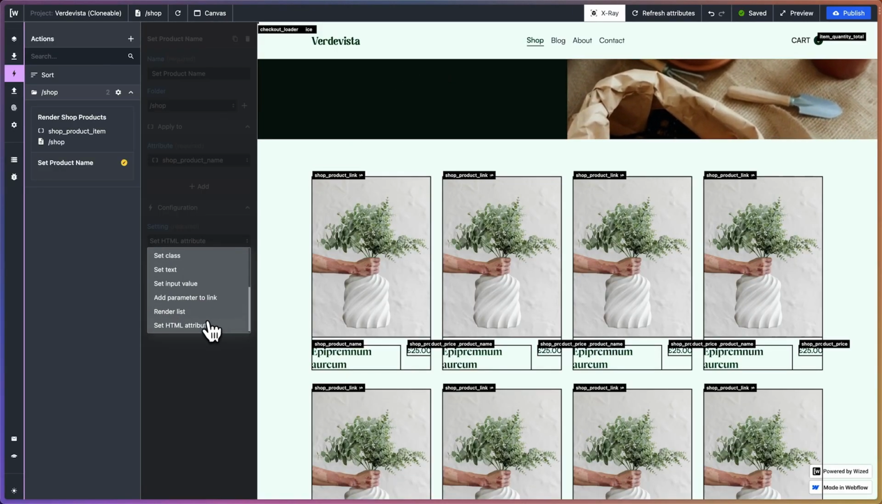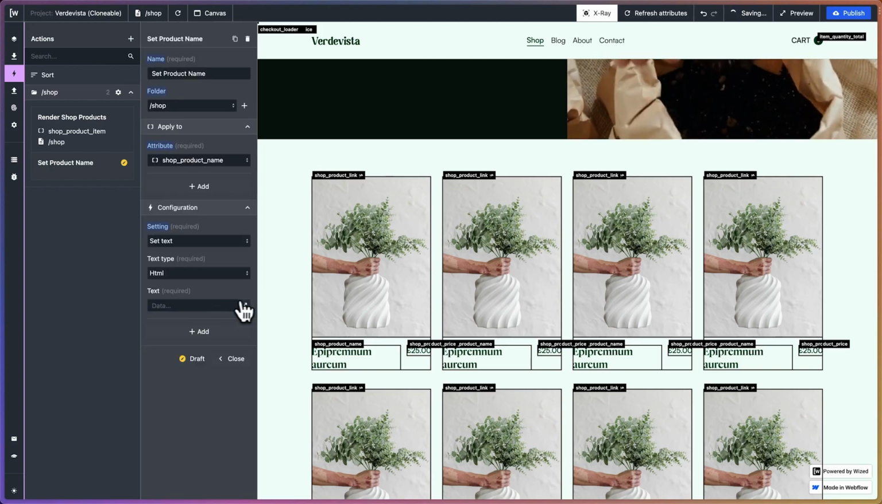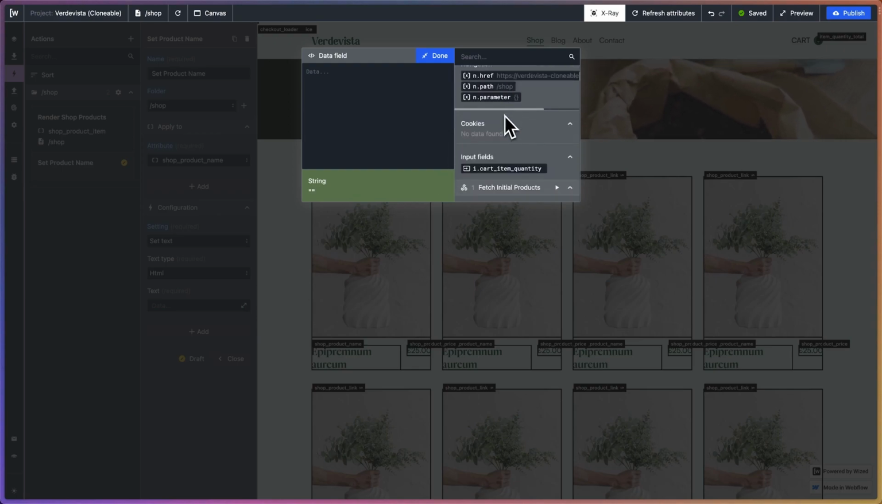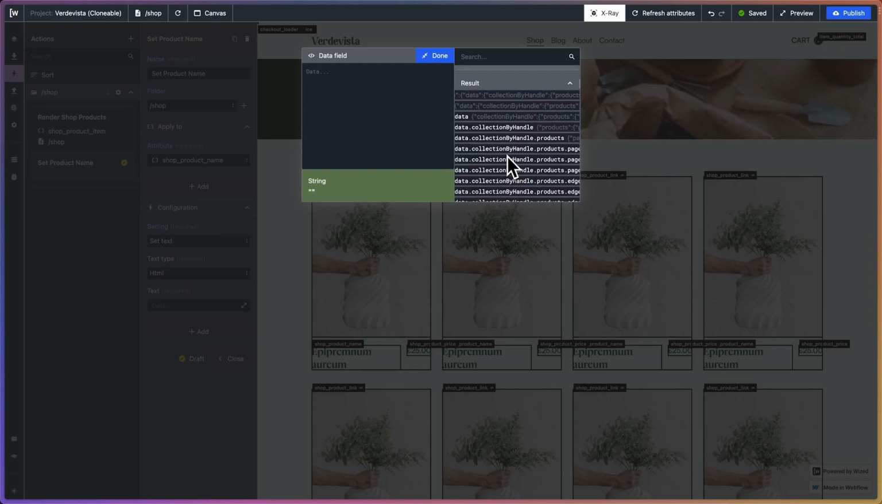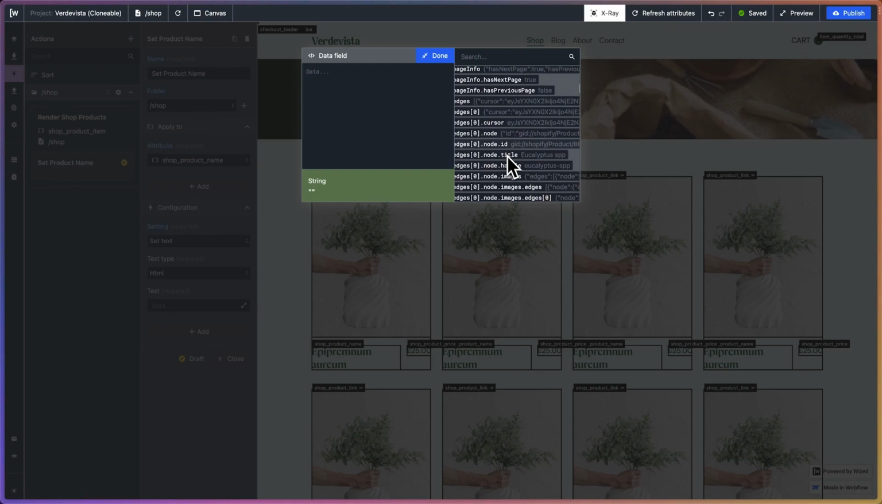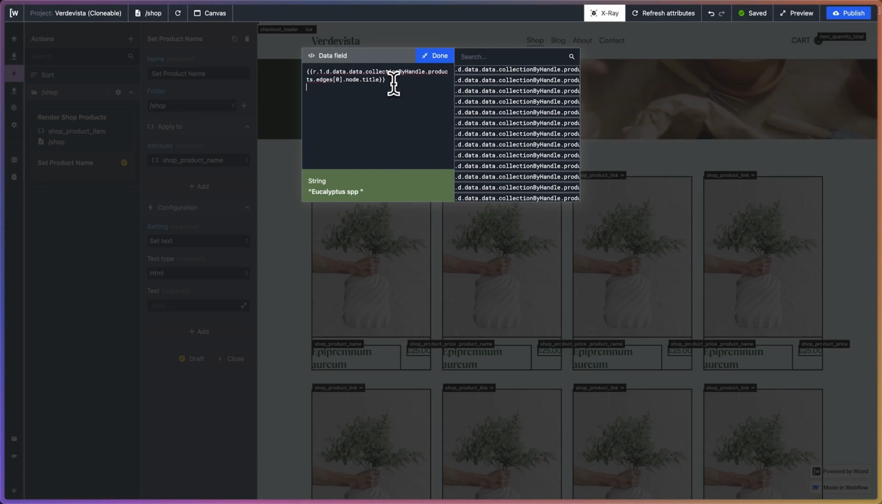Wait, am I selecting? Oh, right. Sorry, it's set text. That's why HTML. And then we select our text. So let's look at the data path here from our request. So we are targeting this right here, this data path. So we're going to click into this. And then what we're going to do